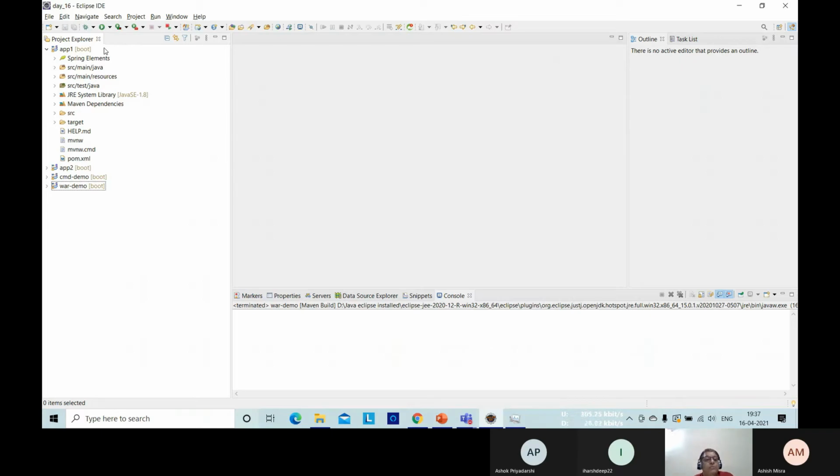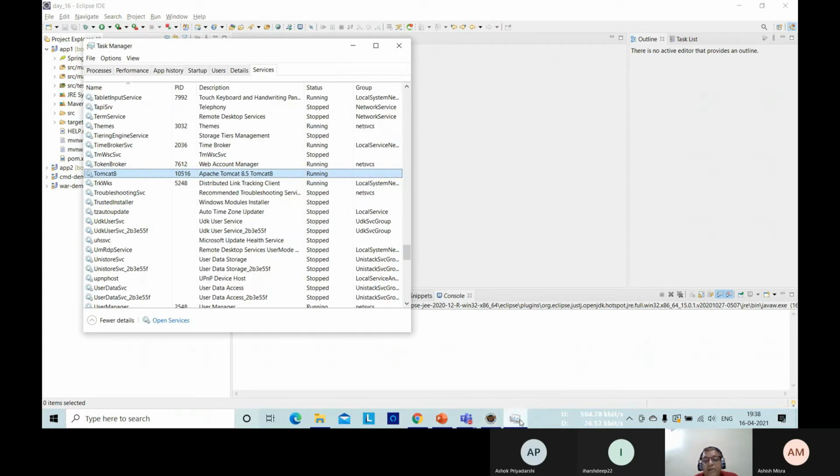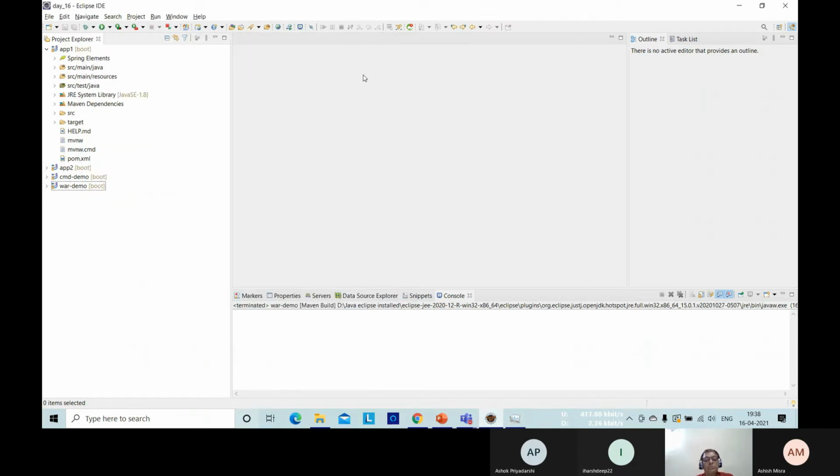And one mistake also: I am already running a separate instance of the Tomcat web server on port 8080 by default. So see here it is running. So let it be. I am not going to use port 8080 right now.